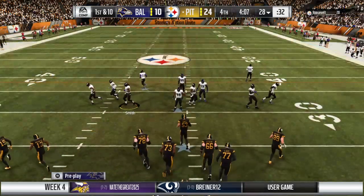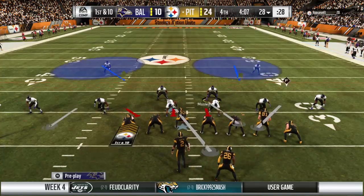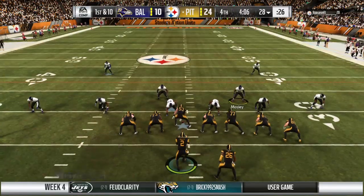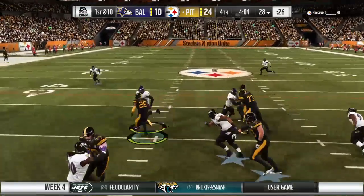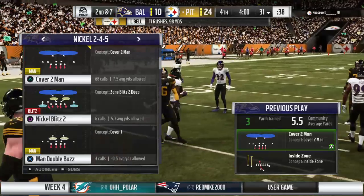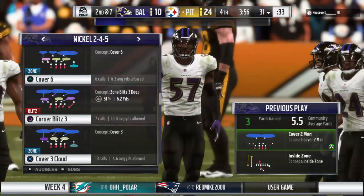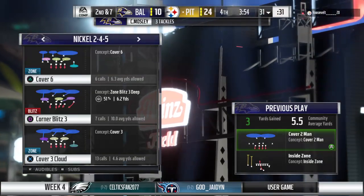Rudolph going to lead the Steelers up now, 1st and 10 at their own 28-yard line. They'll run it now out of the gun across the 30 to the 31-yard line. A gain of 3, second down. That gives him 98 yards in this game, and he's got to feel pretty good about that, but the entire